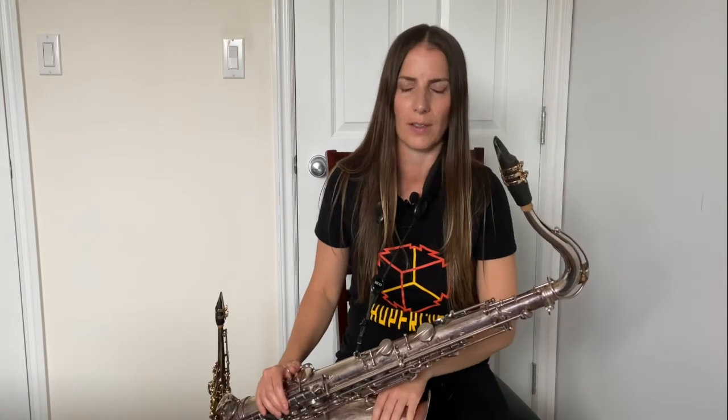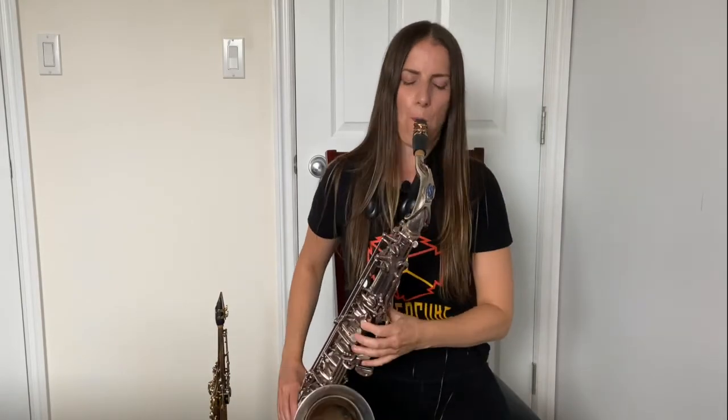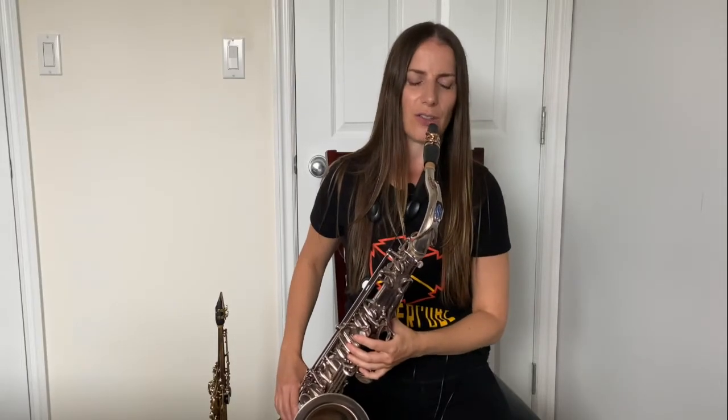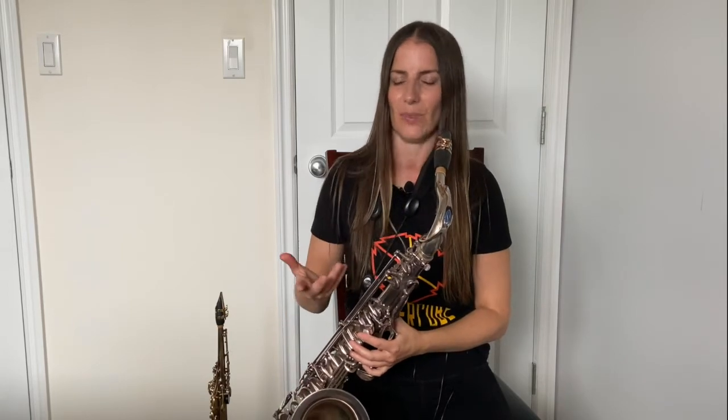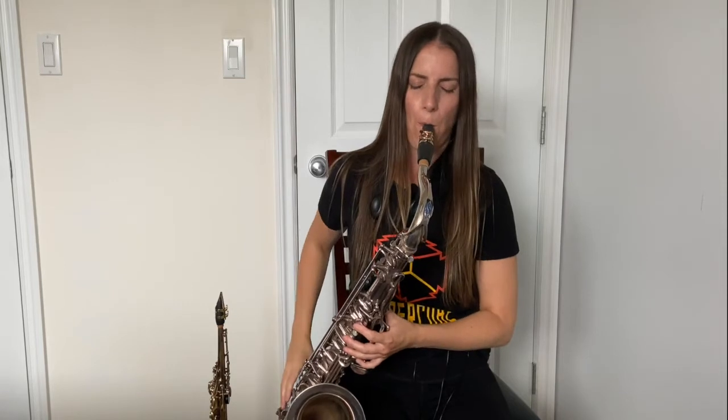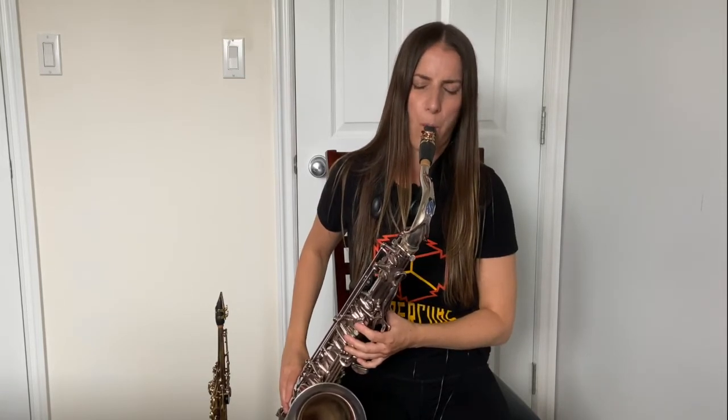Subtone: don't write a subtone above your notated written F4 in the saxophone range. And the reason for that is that it's not really a successful technique. If you're playing mid-range, if I put the tongue on the reed, it just creates a complication, and it doesn't really change the sound. If I want to change the sound like that, there are other ways I can do that with the lips. I can add air and airiness to the pitch